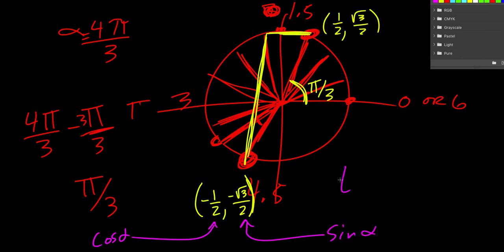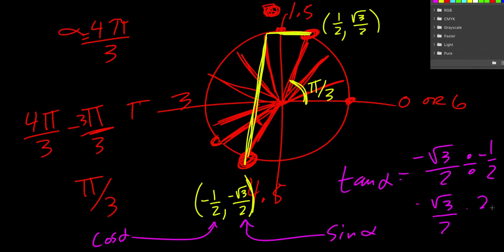And then our tangent is going to be y over x. We flip the second one. Multiply. 2's will cancel. Negatives will cancel. And so we end up with just the square root of 3